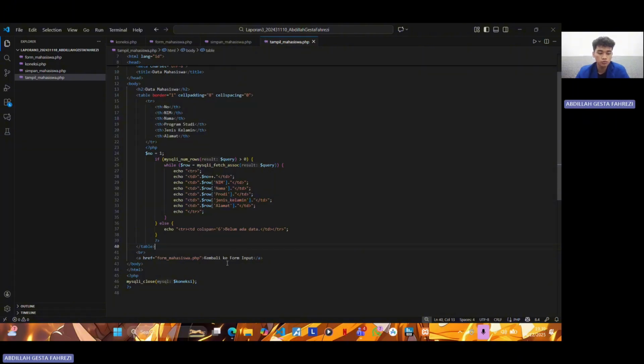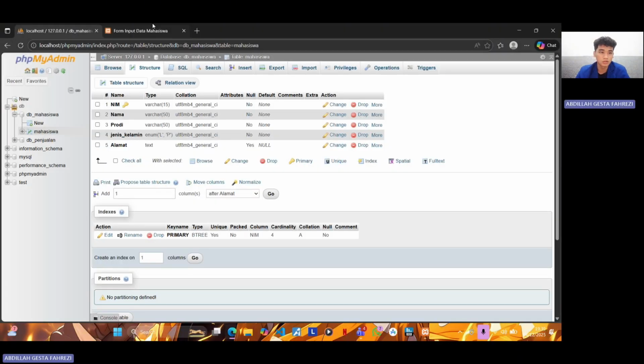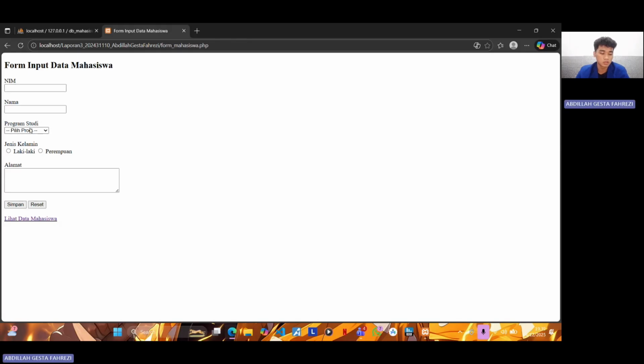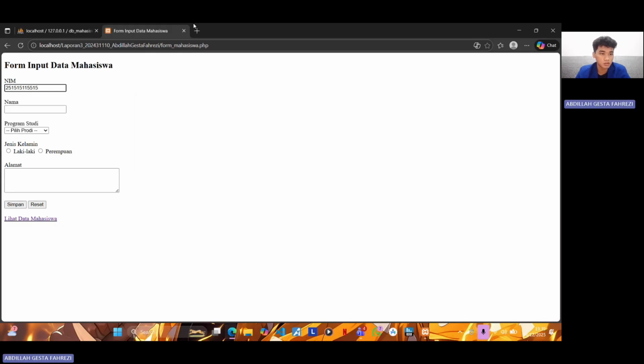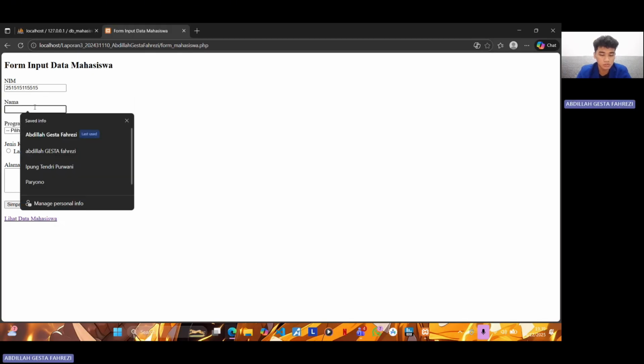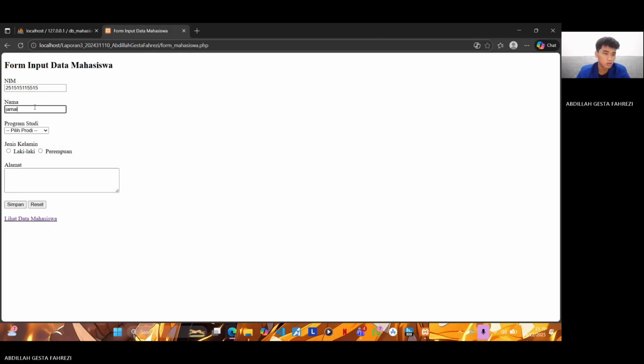Now I will show the workflow of the web application. Here, this is the display: nim, nama, program studi, jenis kelamin, and alamat. I fill in, for example, my name. And for program studi, I will choose this and this.